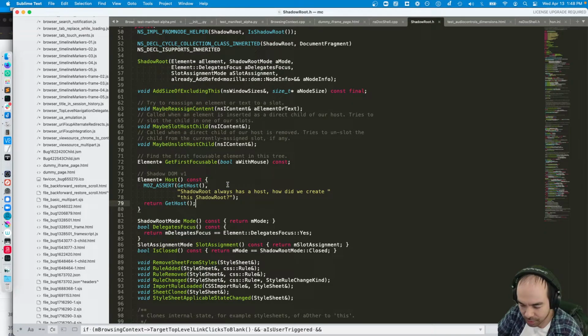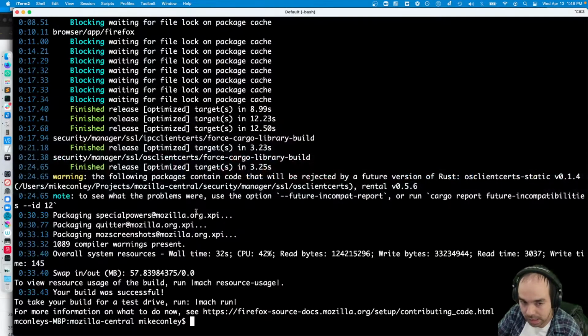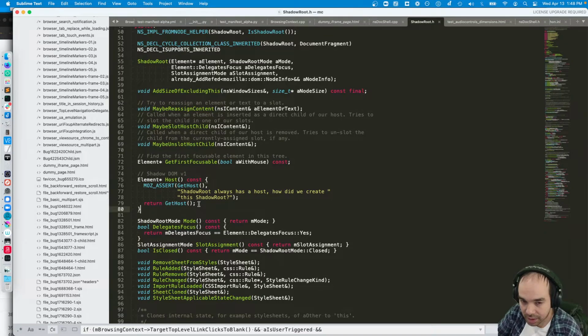What I want to do is break in the content process when I get here and see what's on the JS stack. That's what I really, really want. Now, part of the issue is that the function is being inlined. And the condition